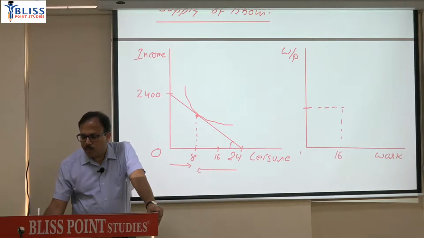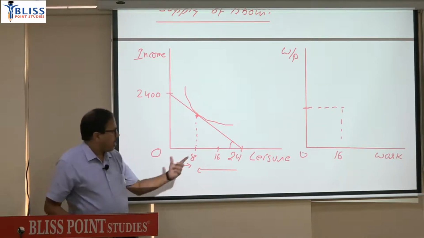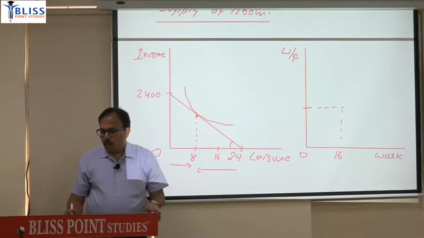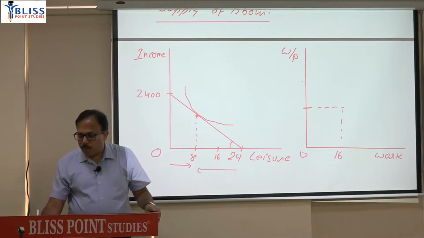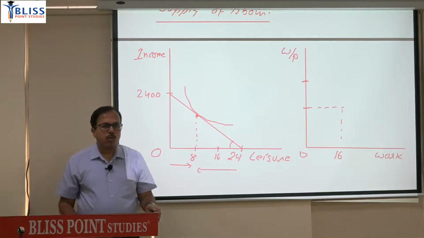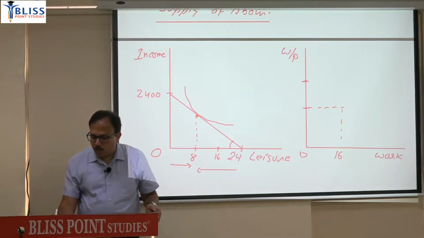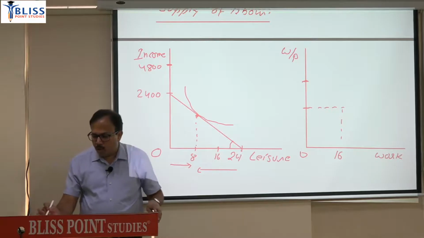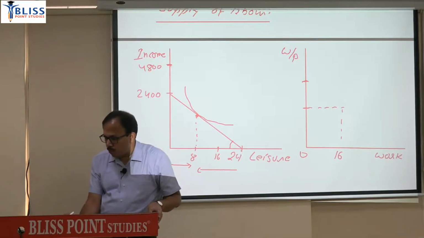ये वर्किंग आवर है, यहाँ लिखा है, मतलब ये जो गैप आ रहा है ना, इस गैप को आप वहाँ प्लॉट कर रहे हो. Now if wage rate increases from 100 to 200, then what will be the outcome? If wage rate increases, then this point you will have to mark as 4800. 4800 और 24 को कनेक्ट करोगे,